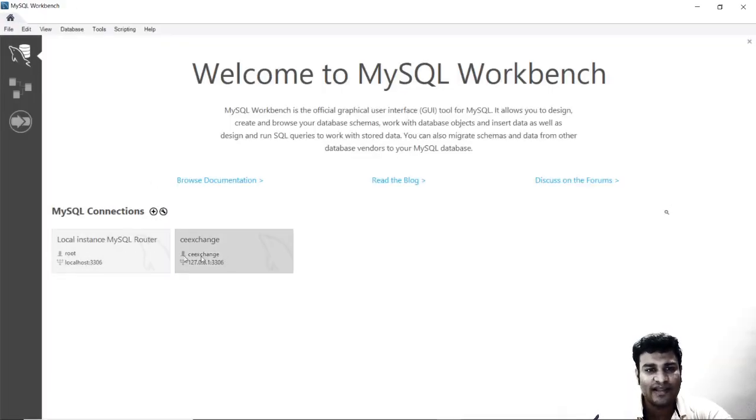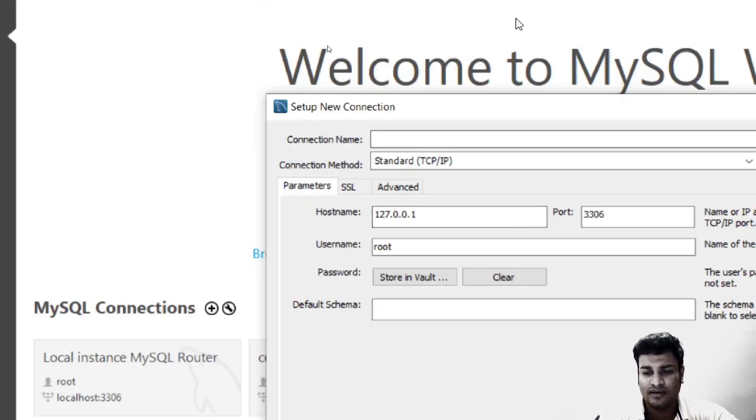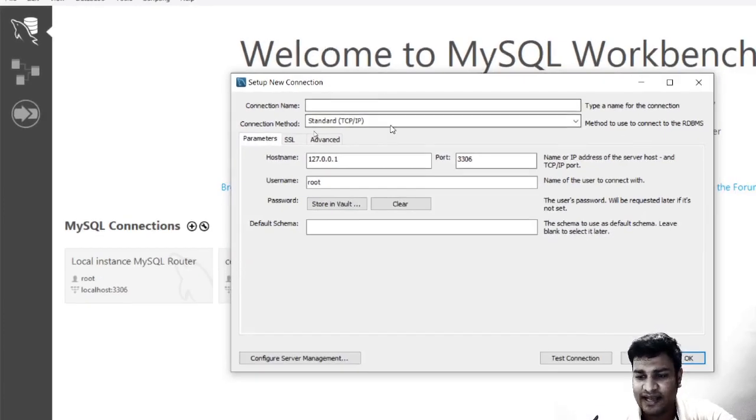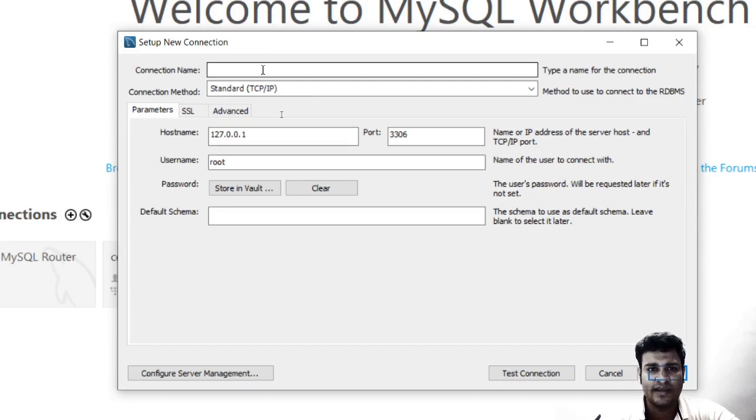So you can see over here that we already have some connections, but in your case, you will not have any connections out here. So you will have to click on this plus button to connect, and you will get a window something like this. Here the connection name should be the root connection. Then the host name will be again the same, which is 127.0.0.1, which is for localhost.